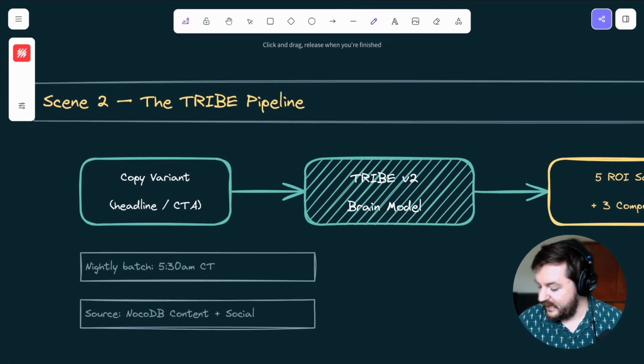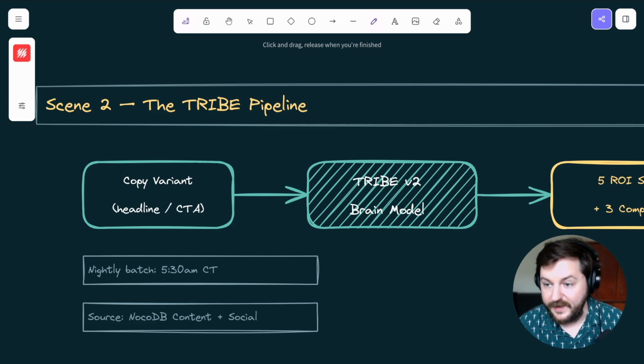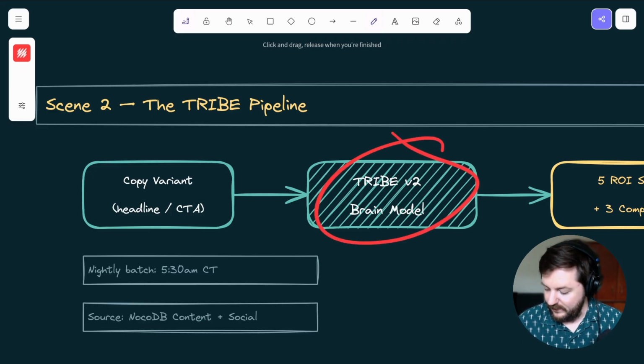Pretty cool. So what I've done for my own work, for what I'd like to consider maybe basic application, is I'm running headlines and CTAs through the TRIBE model. You could do it through body copy as well, but I think that's a little maybe overkill. And to make sure we're really specific here, TRIBE is a data set, and you have to run